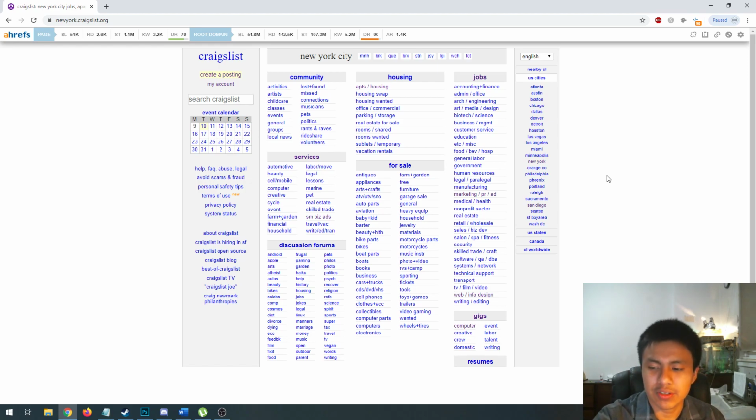So the first thing that you're going to want to do is go on Craigslist.org or .com. You're going to be on your local Craigslist area, and you're going to want to pick a big city. Now, the beauty of being a digital marketing agency is that you don't have to be in that city. Definitely, if you are living in Miami, New York, Philadelphia, whatever, I would solicit local businesses first,